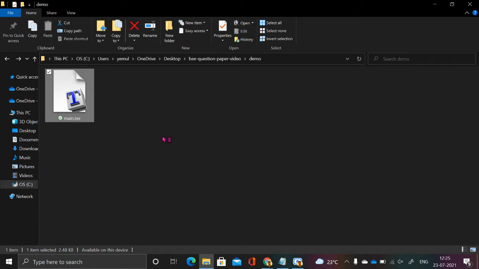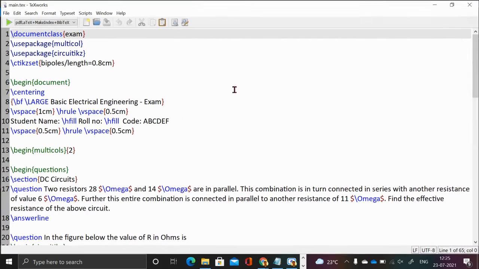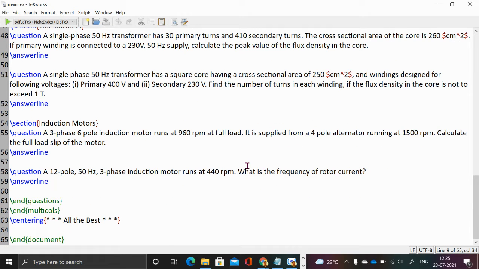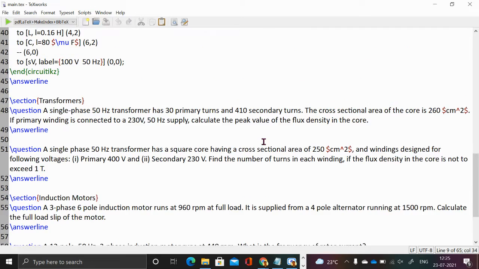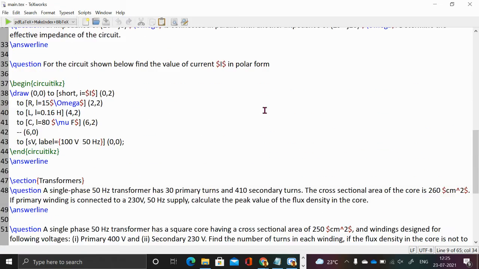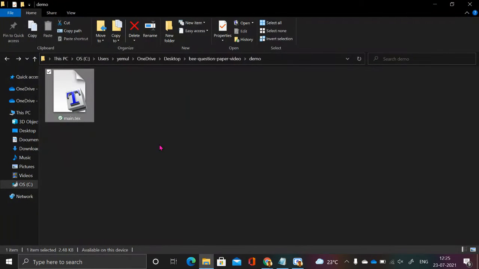On my laptop, I have this software called TeXworks, which will open this text file, and you can see the questions that we had done. If you see part one of the playlist, you will be able to relate to what this is. We have a simple 8 questions in this particular file, and if we execute this, it will create a PDF. Now, instead of using this software to execute this, I'll close this,